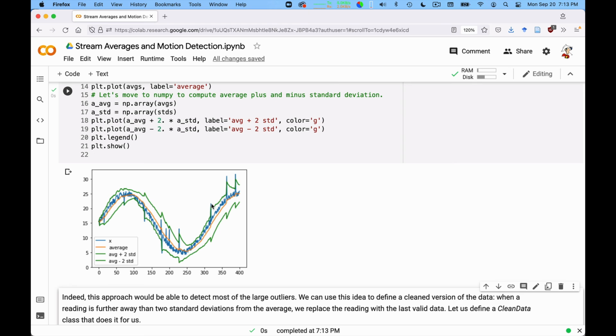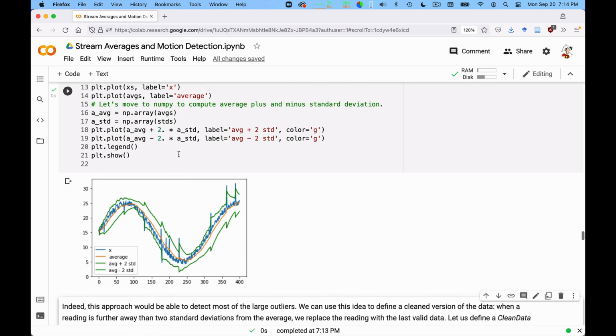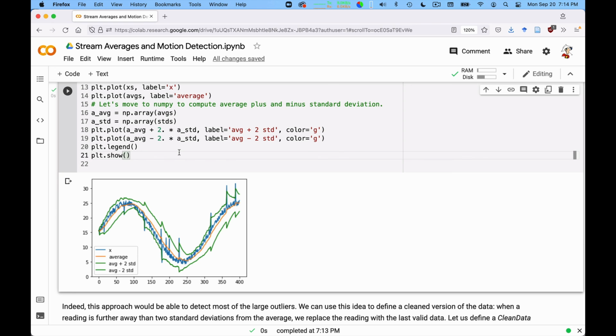So whenever the blue line punches through the green line, those are big enough outliers that would be detected by the 2 standard deviation criterion. Okay, you could use a 3 standard deviation criterion, a 4 standard deviation criterion, that's up to you. But if we use a 2, that's what happens.